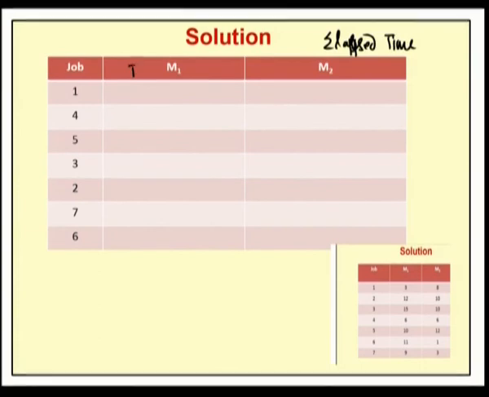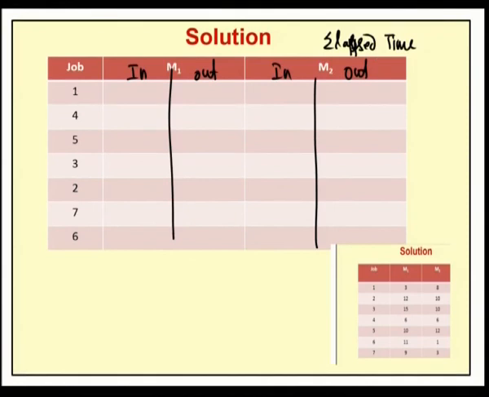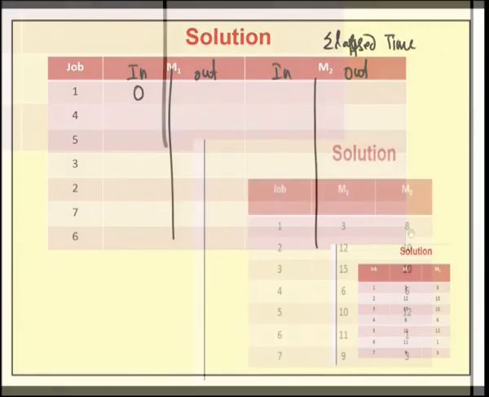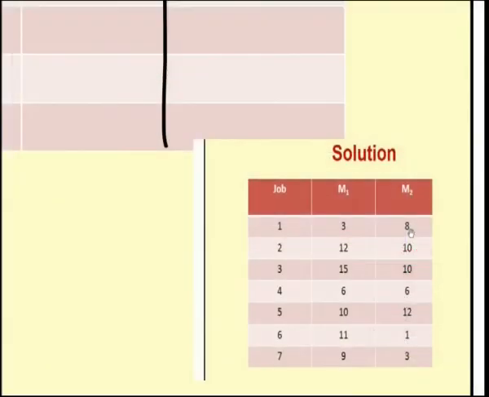Now for machine 1, we calculate time in and time out, and machine 2 time in and time out. Now the first job to be performed is 1. For that, machine starts at 0 hours. Now for machine 1, the processing hours under M1 is 3 and under machine 2 is 8. So with the help of these processing hours 3 and 8 for machine 1 and machine 2, we calculate the time out of machine 1 and machine 2 corresponding to job 1.